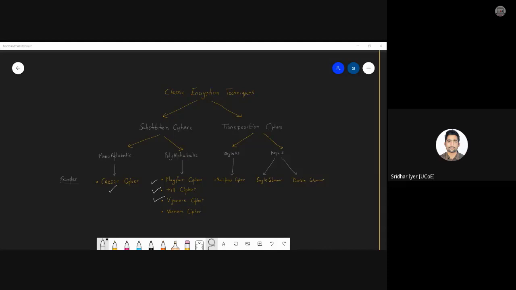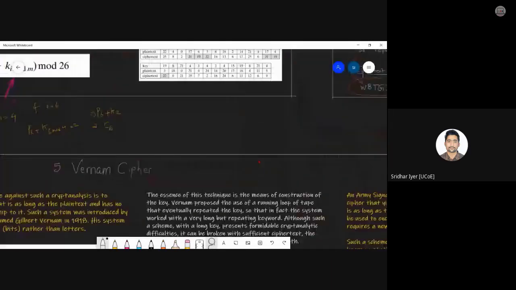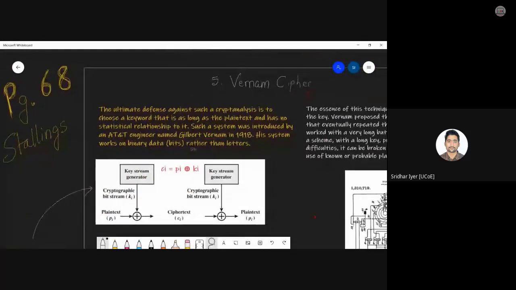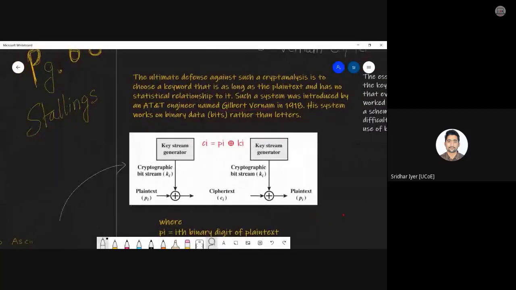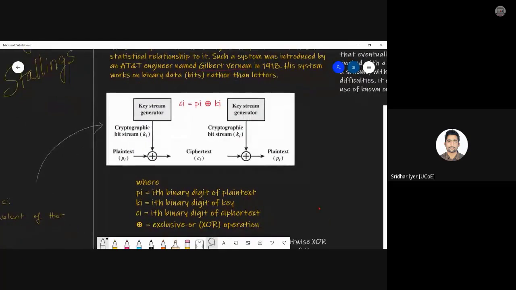So let's start today's lecture. The topic for the day is Vernam cipher. Yeah, correct. Vernam cipher and then one-time pad. So first of all, I will just quickly give you a brief of what this Vernam cipher is all about. As you can see in this diagram, I had already explained this in the previous lecture. Vernam cipher consists of a stream of plain text and a stream of keys. So when we take the XOR of the corresponding bits of those plain text and key bits, we get some value which is what we call a ciphertext. As you can see over here, this is the plain text bit P of i, this is the key bit K of i, and the result that we are going to get is the ciphertext bit C of i.